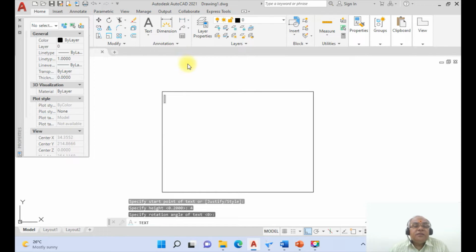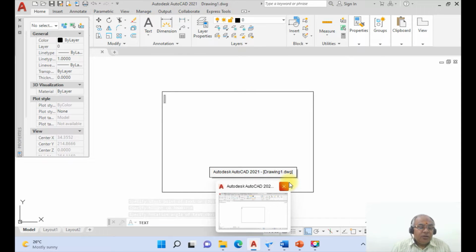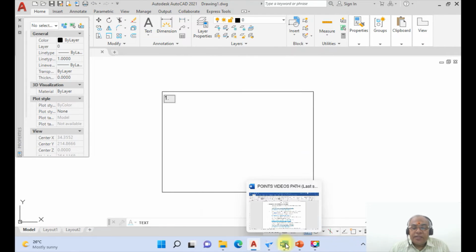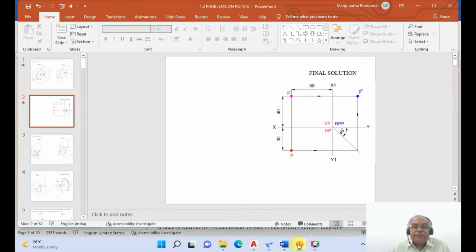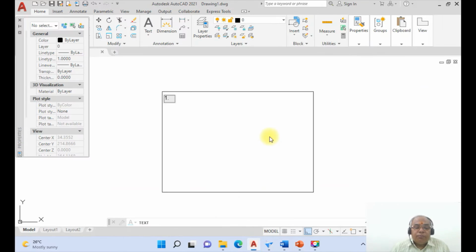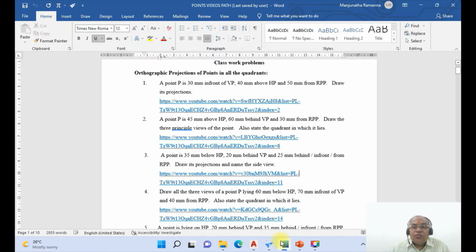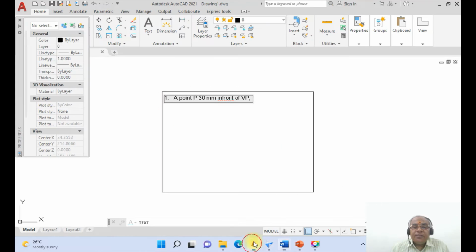So now obviously the cursor will blink. Here, a point capital P. Now first I will type number 1, problem number 1. Here I will say, point capital P is 30 mm in front of VP, comma, then we have 40 mm